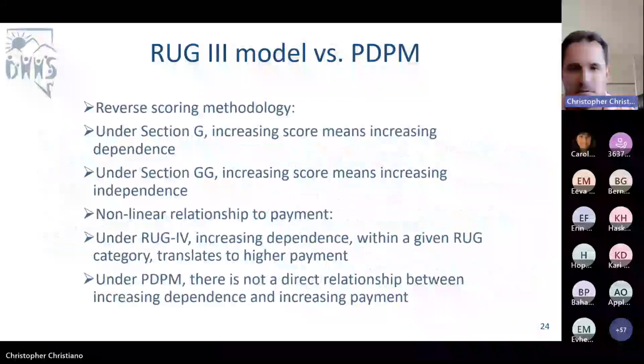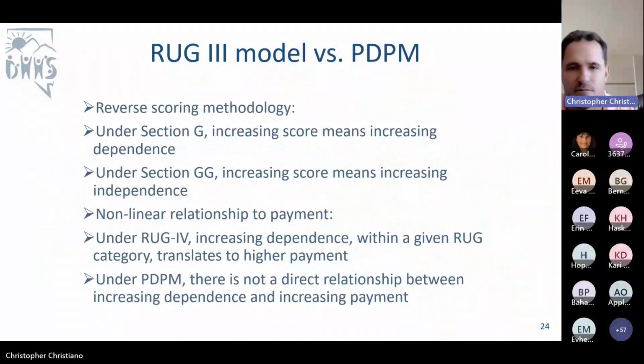Let's go to the next one, slide number 24. PDPM uses a reverse scoring methodology. Section G was one of the big sections reviewed in RUG-3, and that meant an increasing score meant increasing dependence. With Section GG and PDPM, increasing score means increasing independence.